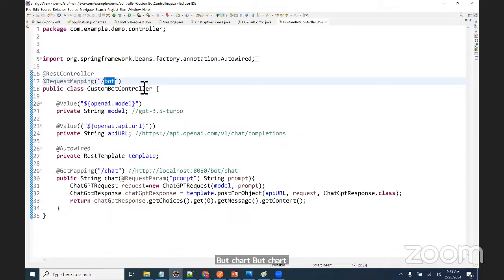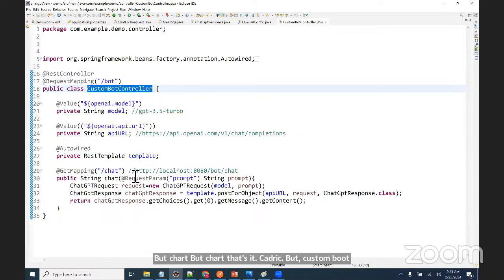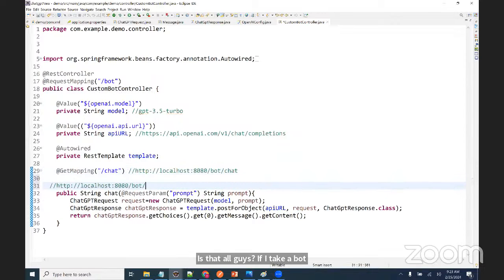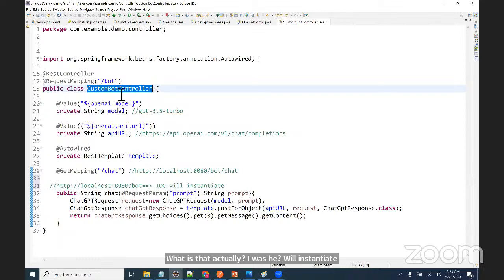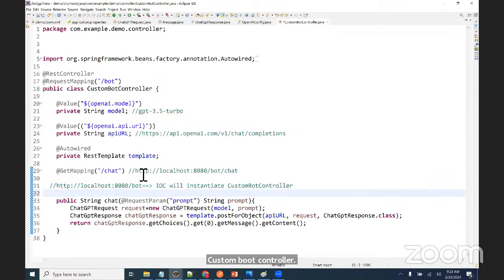Bot means custom boot controller will be instantiated by IOC. Yes or no, guys? If I take a bot, what is that actually? IOC will instantiate custom boot controller. And that's it. If I say chart, internally,